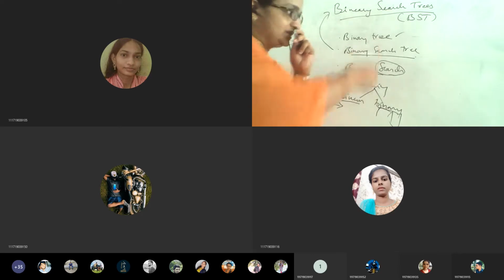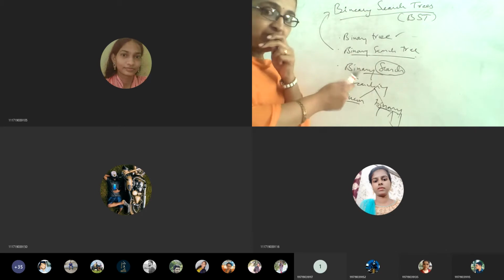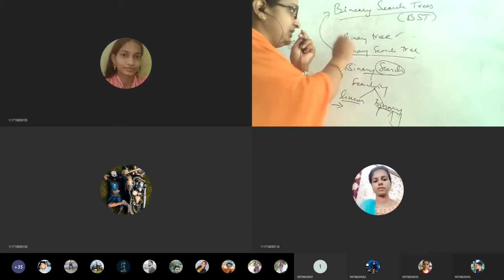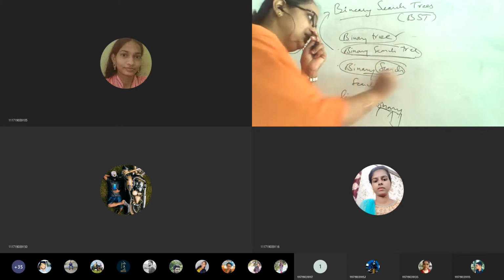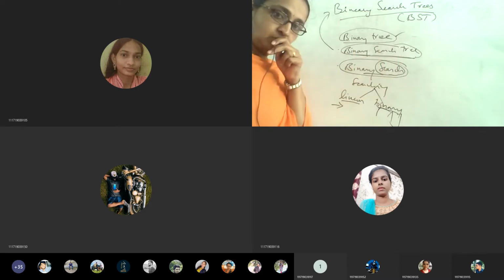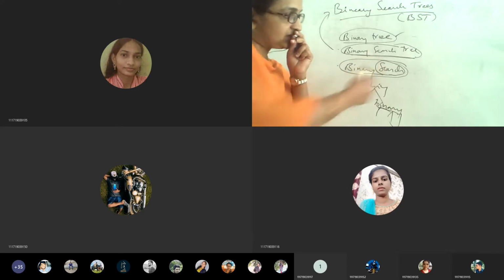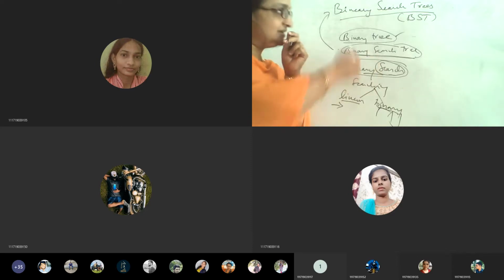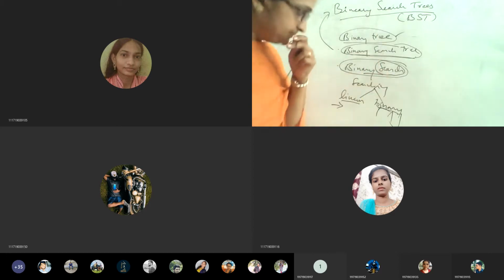Why I am telling you this is, there is a lot of difference if you miss a word in any one of these. This is a binary tree, this is a binary search tree and this is binary search. Okay, so be careful about what exactly we are learning about. Each one is different, varying by a word.